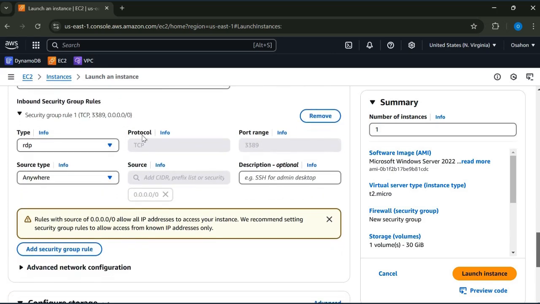So we move down a little. You can see the inbound security group rule. By default we have the RDP, which is remote desktop protocol. So that is here by default for every Windows, it is the default security rule. Now, because